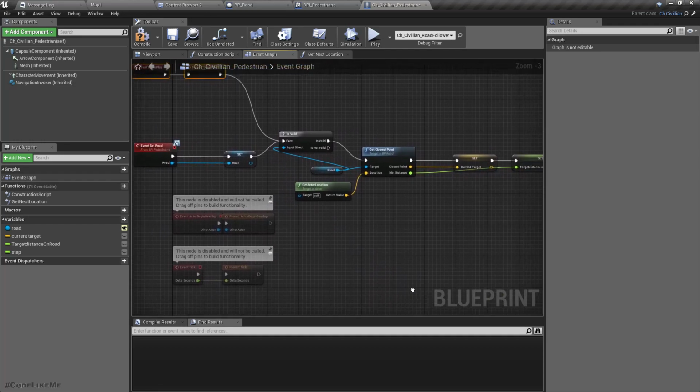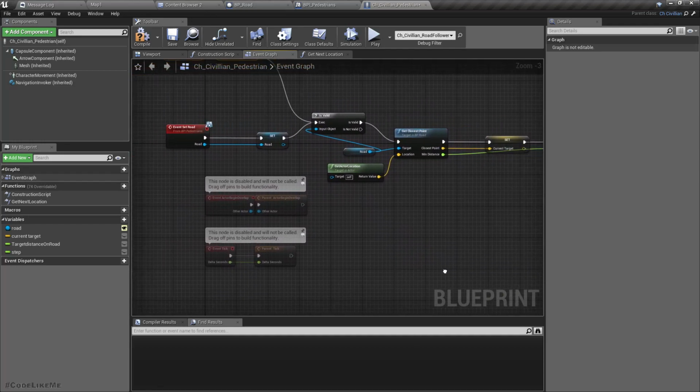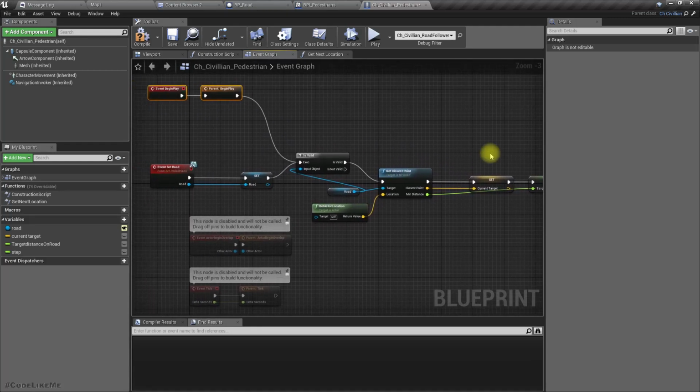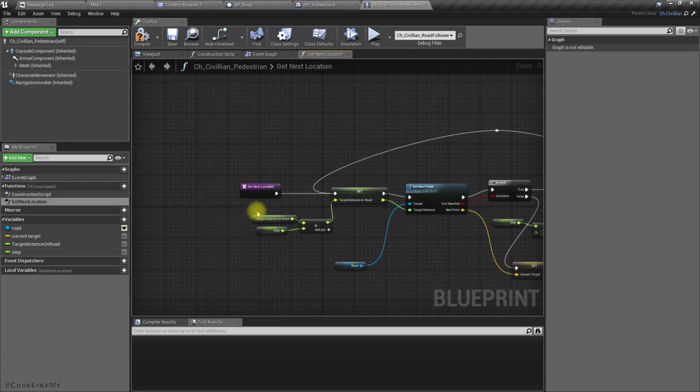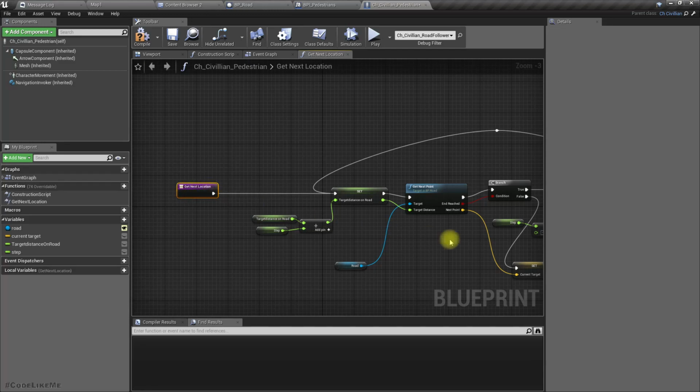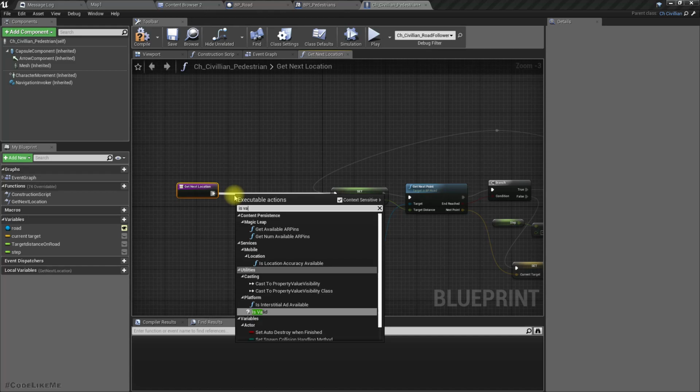Good. Now it will initialize whatever we need to do here, and then when we use this get next location, we should also check if we have a valid road. So let's do an is valid node